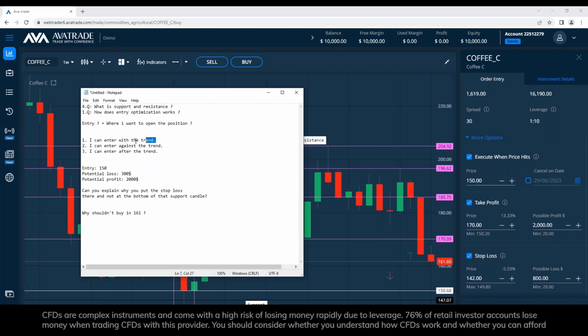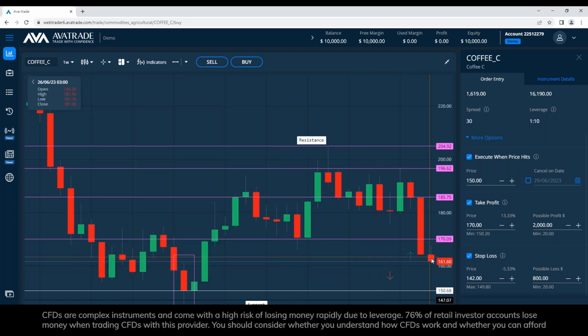It's still here. I can enter with the trend. I can enter against the trend. I can enter after the trend. So if I buy here, do I have any indication of not enough reward? Maybe. Thank you, Catherine. That's not bad. If I buy here, is there any